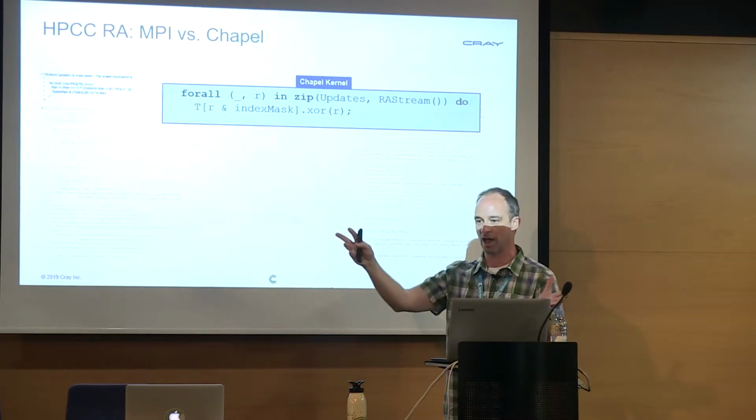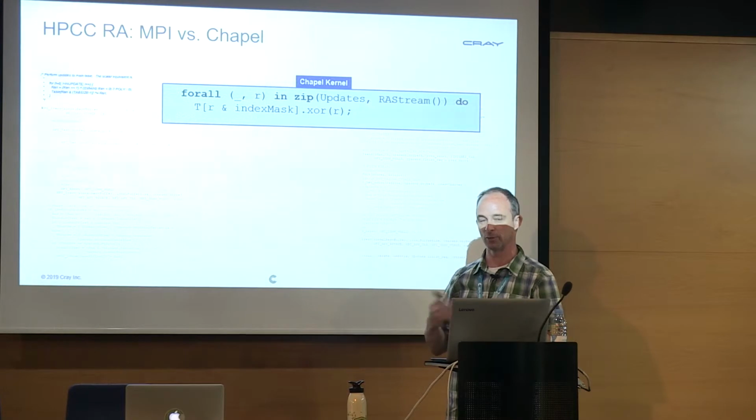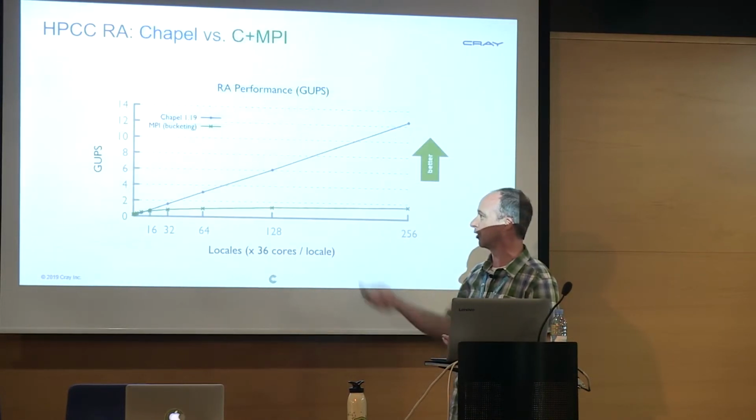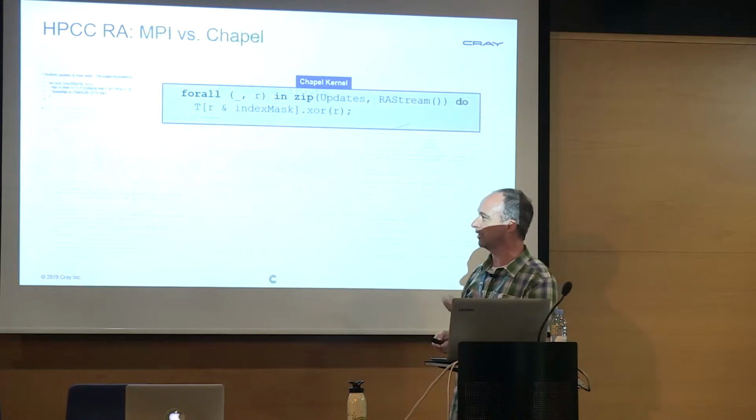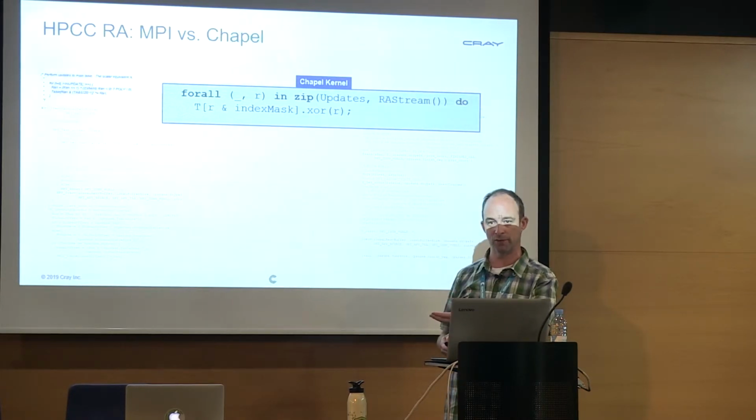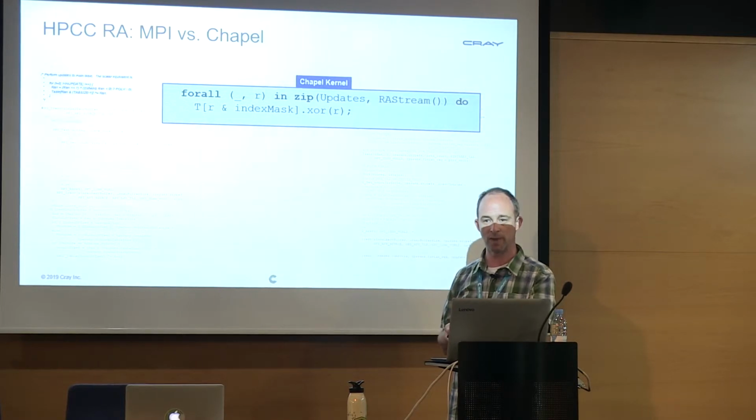I can just fire them all off and then sort of fence at the end of the loop to make sure that they're all done. And as a result of that, the Chapel performance can just scale really, really well, about as well as the hardware can itself. And I don't mean to imply that you couldn't make an MPI version that competed with the Chapel. We're just generating C code, so you could write the exact same C code our compiler did.